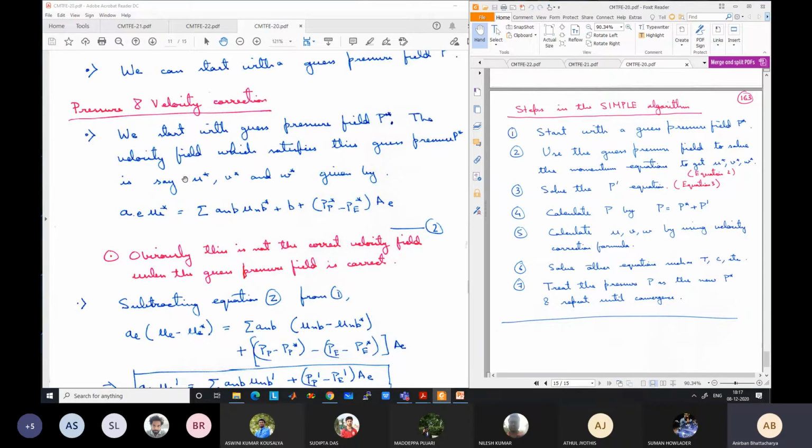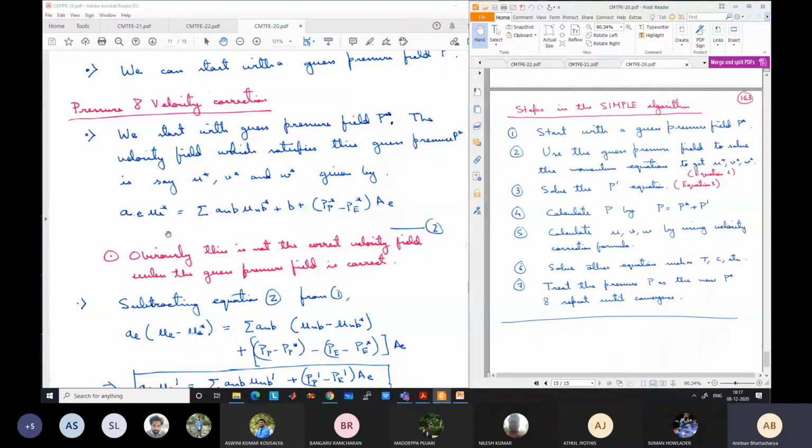If by chance the pressure is taken as correct, the velocities will be correct in this time step, in this iteration, and there is no need for any further calculation, because if the pressure is correct, velocity is automatically given correct by the momentum equations. So you have to solve three momentum equations. I have shown only one here. Similarly, there will be an equation for V and for W, for both east side and west side, like this. So for every control volume, basically you have to solve.